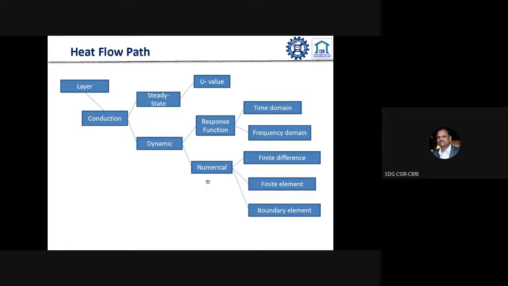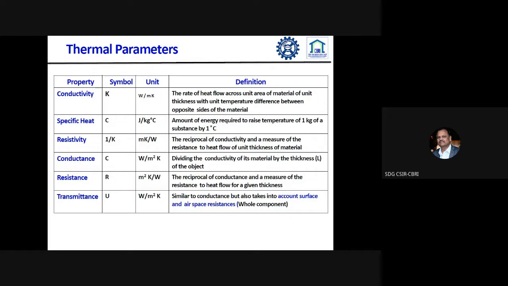For that, there are some methods available, such as response function methods, that is time domain or frequency domain, or some numerical methods, that is finite difference, finite element, boundary element. So there are some kinds of software which generally deal with numerical equations. Through the numerical equations, we can find out the heat flow of a particular building with respect to any climatic condition. So before going to the particular topic, there is some terminology we need to understand with respect